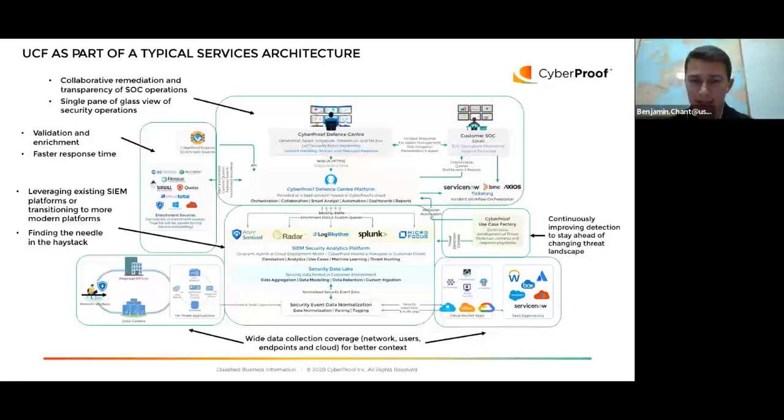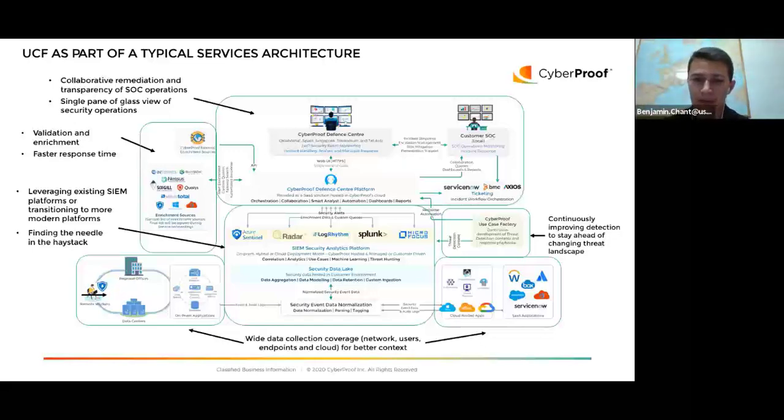And then having a security data lake, something we're doing with a lot of our customers, is then having that data lake to be able to consume all of that information. Then we use something which we call the CyberProof log collection platform as well, which is actually able to parse this data. So particularly for large organizations who are operating cross-geo, having multiple compliance regulations they need to comply with, they need to be able to map a lot of this data so that it's structured in a way which it can then be effectively analyzed